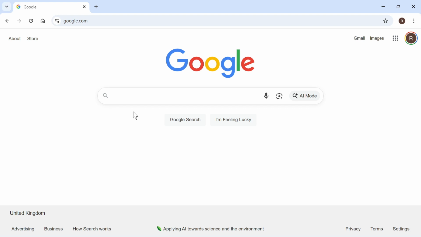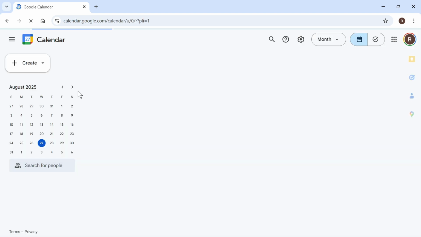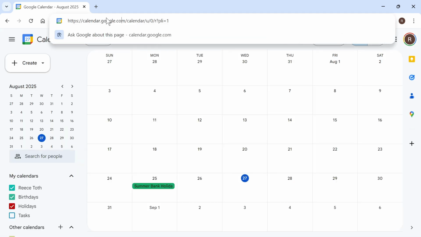In this video, I'm going to show you how to use and set up the Google Calendar. So the very first thing we need to do is just head over to the website google.com and make sure you're signed in to a Google account. You can then click on this square icon to bring up the Google Apps, and from here just go and select Calendar. Now you can also get to the Google Calendar by typing into the address bar